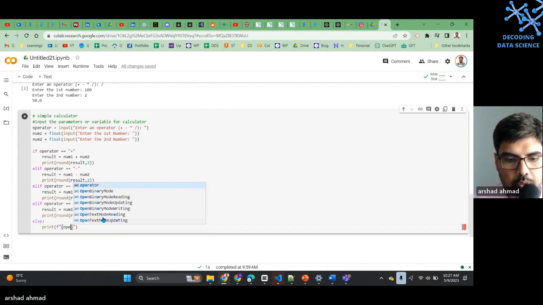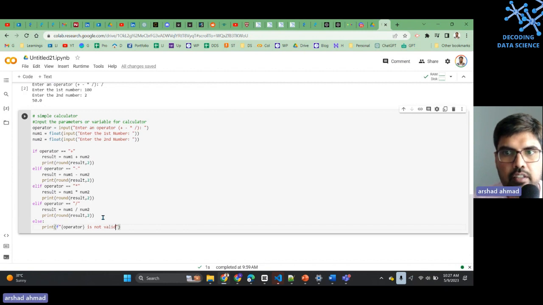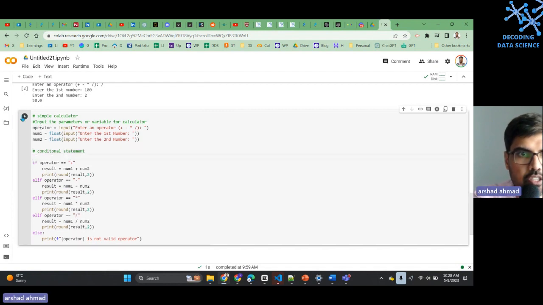Operator. Okay, so whatever is the operator, you can see the symbol. Operator is not valid, not a valid operator, whatever it is. So now we have done. I'll just look at the code and try to run it. So this is my if statement, the conditional statement that is there. So let me just run this and